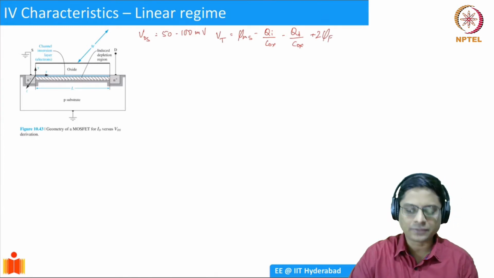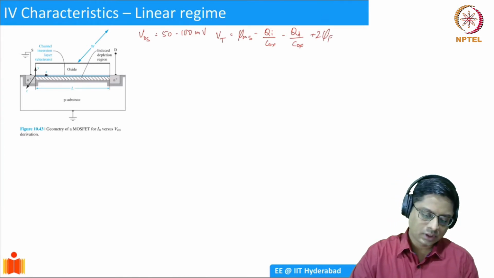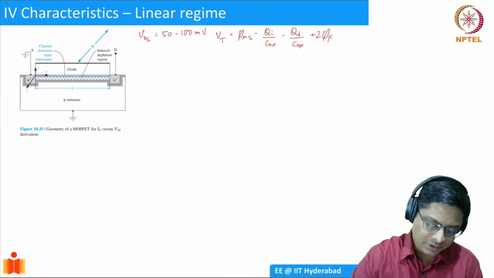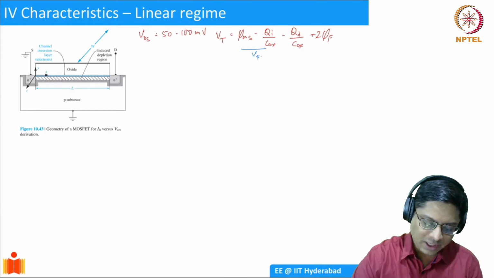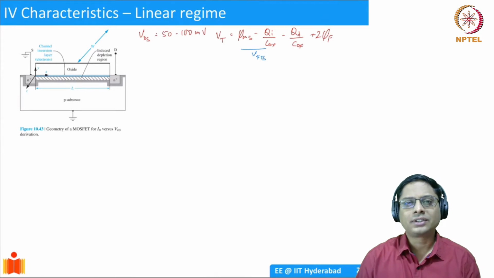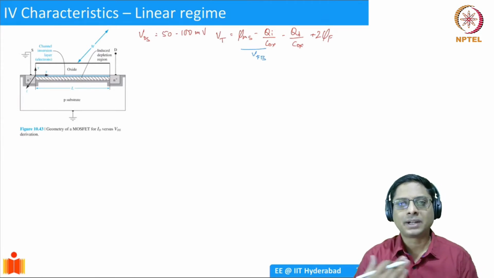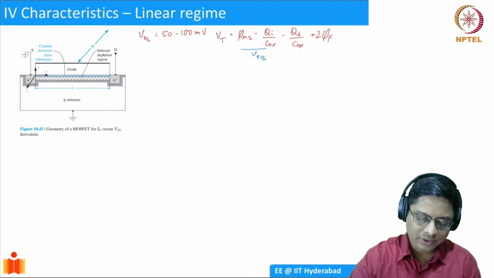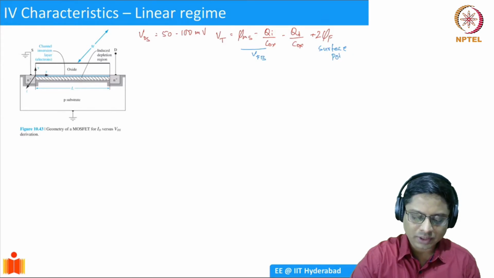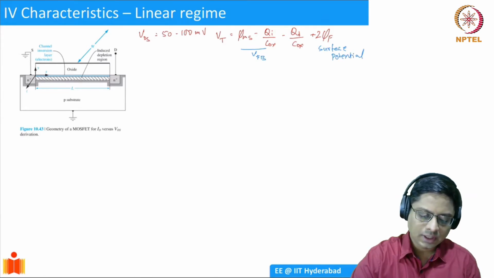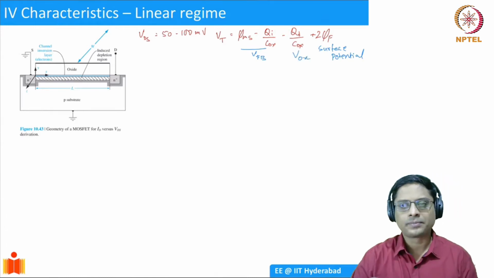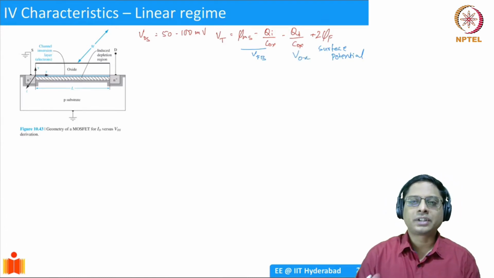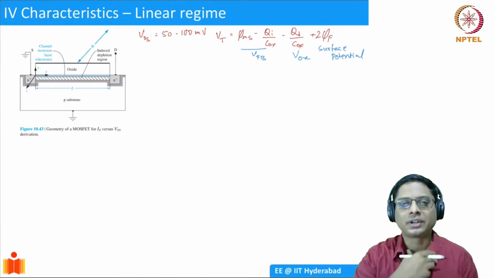Remember this expression we derived for MOS capacitors. The first two terms, we called VFB, the flat band voltage. Essentially, whenever you have non-idealities, the flat band voltage will be non-zero. And 2 phi_f is the surface potential, which tells you how much is the potential drop across the semiconductor, and this is the oxide voltage drop. So at threshold voltage, this relation is satisfied.